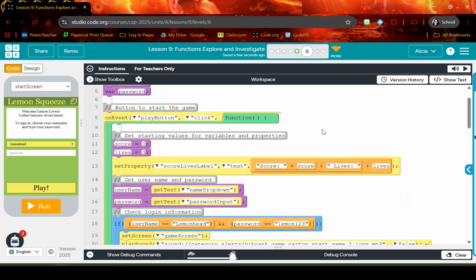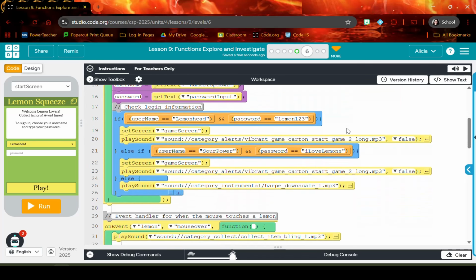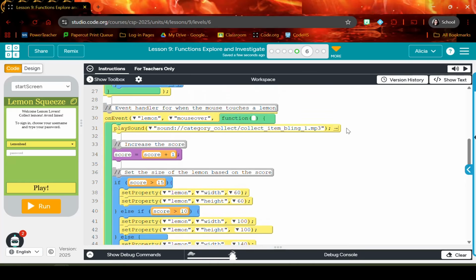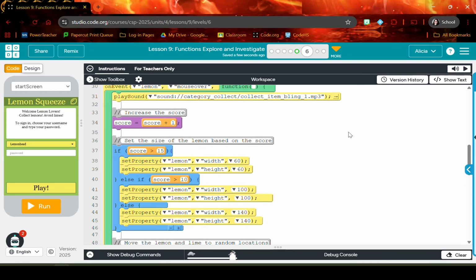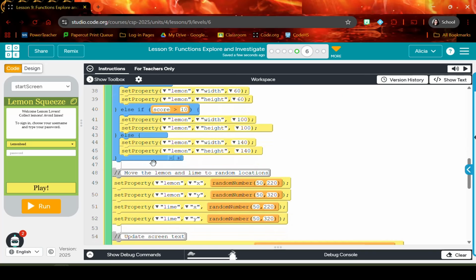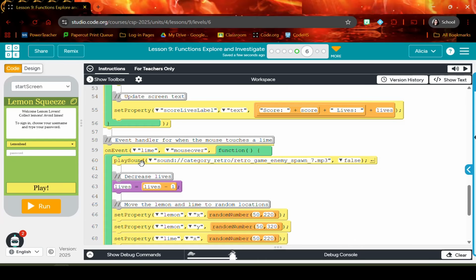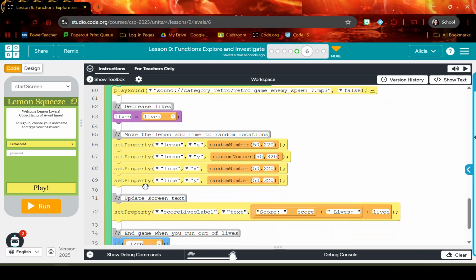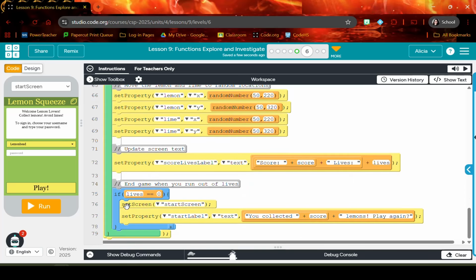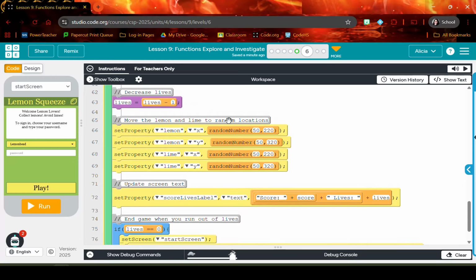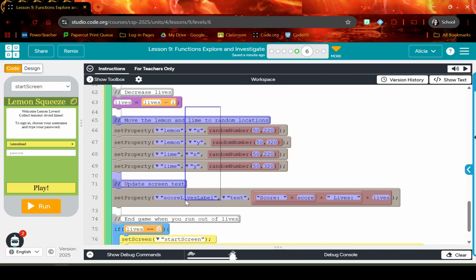So I'm going to look in the, probably not in the play button, but maybe there's update stuff. Maybe there's stuff in the lemon and the lime that's the same code. So I increase the score. That's probably not going to be the same, right? Because if I mouse over the lime, it's not going to change the lemon based on the score. Okay. Moving and then updating. Okay. So playing different noises, subtracting the lives. This is not the same, but do you see how this code and that code